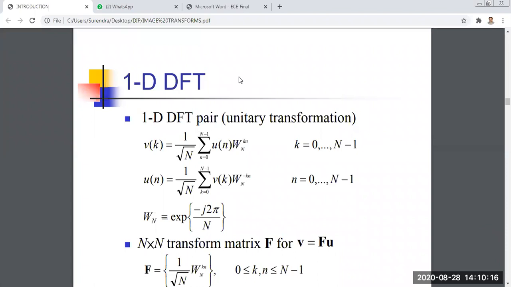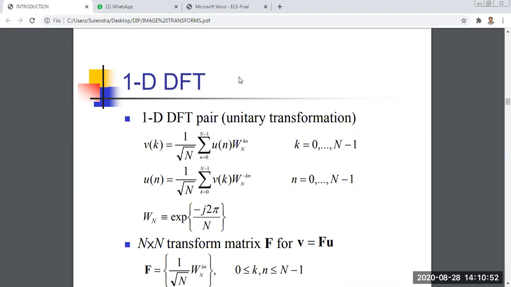So if you use the Fourier transform for the discrete signal, that is called the discrete Fourier transform. In a discrete signal, there are N number of samples, but in the case of continuous, there are no samples. The signal will be continuously varying. But in the case of the discrete version of the signal, there are a number of samples. So based on the number of sampling points, we have to use the Fourier transform that is called the discrete Fourier transform. The name itself indicates we are applying the Fourier transform to the discrete signal, not a continuous or analog signal.